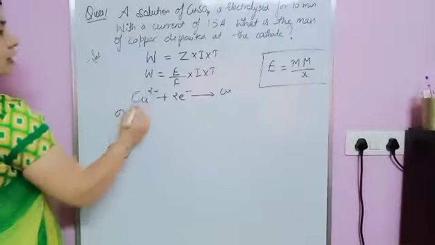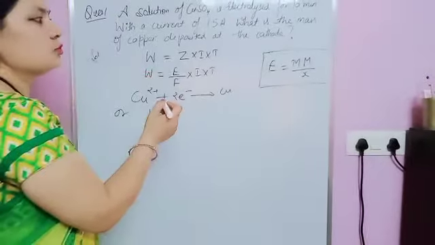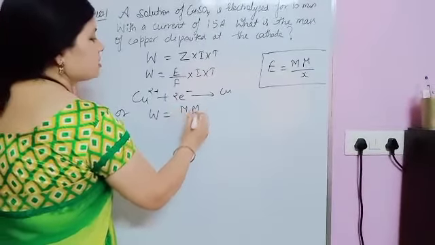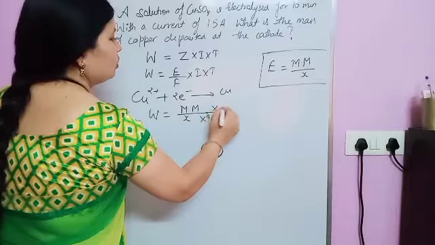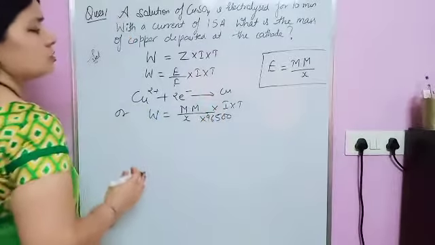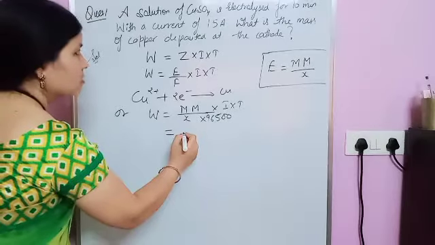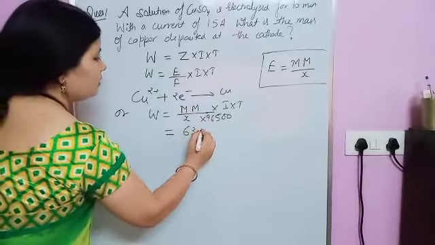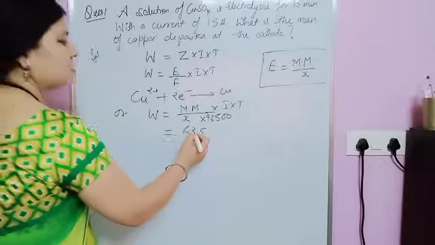Now you can write W is equal to molar mass upon F into X, into 96500, into I into T. Later on you can write this formula directly; I'm only expanding it to explain. Just see it's an expansion of the formula. Now the molar mass of copper, that you know, is 63.5. Sometimes it's given, or otherwise it's a common one, 9th class से पढ़ते आ रहे हैं, you have to learn this. That one is 63.5.